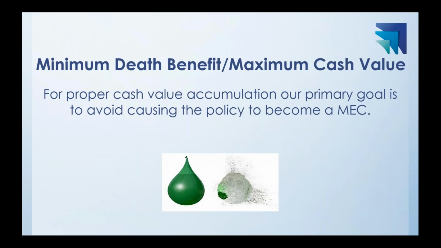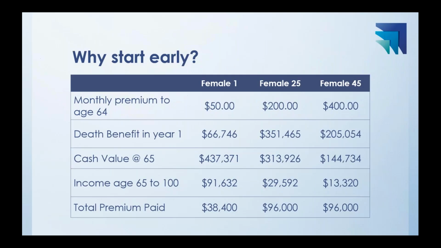Because as we all know, when a balloon pops, you can't unpop a balloon, right? Once you pop it, it bursts and it's over. There's no undoing that. It's the same thing with a MEC. Once a life insurance policy becomes a MEC, you can't undo that. You can't take money out to get under those MEC guidelines. Once it's a MEC, it's always going to be a MEC. So that's why we solve the way we do, to stay within those guidelines so your client can retain that tax-free income advantage.